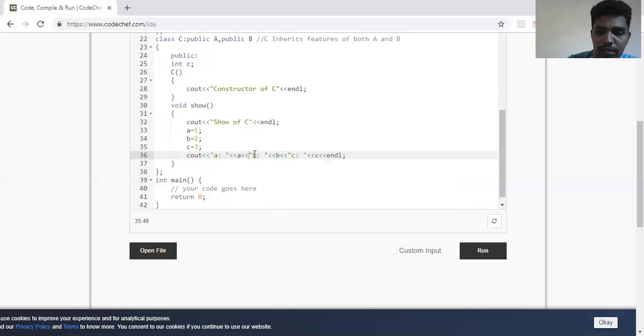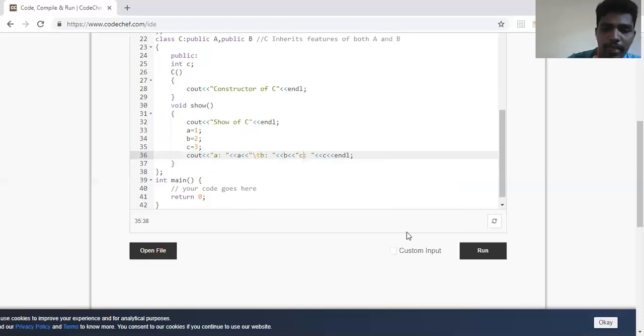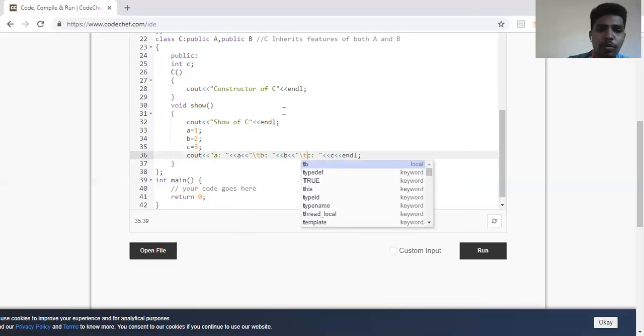We'll separate them with a space, so I'll write \t before printing. Okay, this much is clear. So we'll run the output and see.